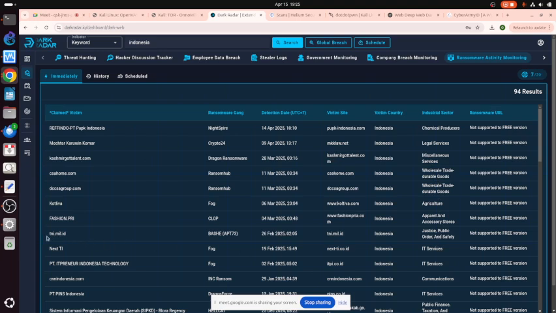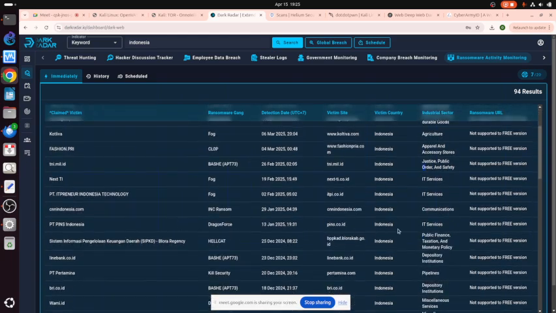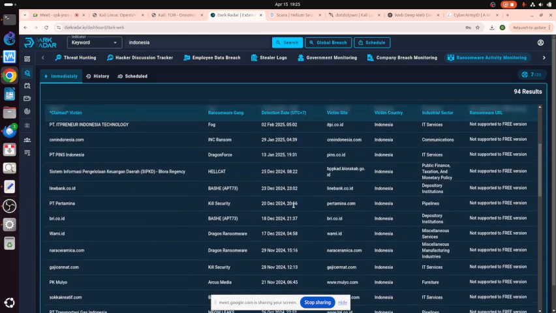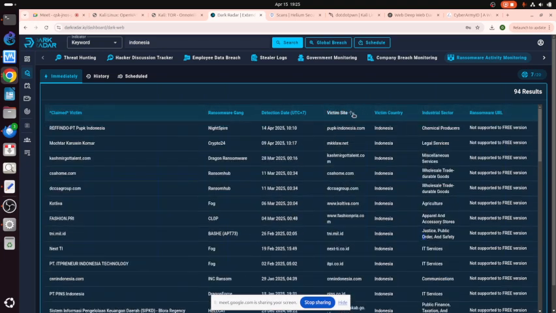This one is more brutal, tni.mil.id. It's the Indonesian Armed Forces. Okay, a lot of things here. So, of course, this one is not in the news, but actually the Indonesians are not that safe. So we need to make sure that our system is okay. No single ransomware can enter our system.